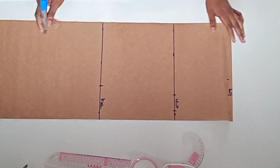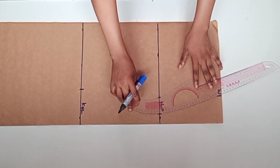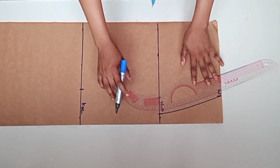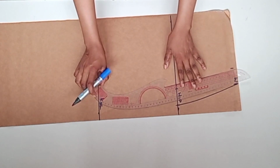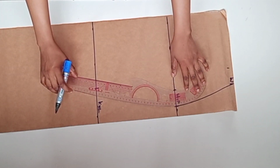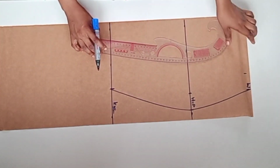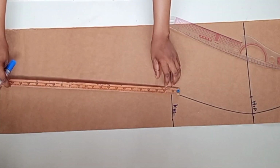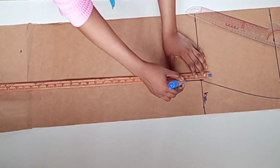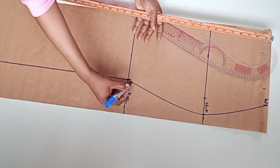I'll go ahead and join the lines. I'll be making use of curve ruler. You can make use of freehand also. So here I'll be straightening the measurement to meet the full length. The same measurement that is on the knee is the same as the full length. So I'll go ahead and blend